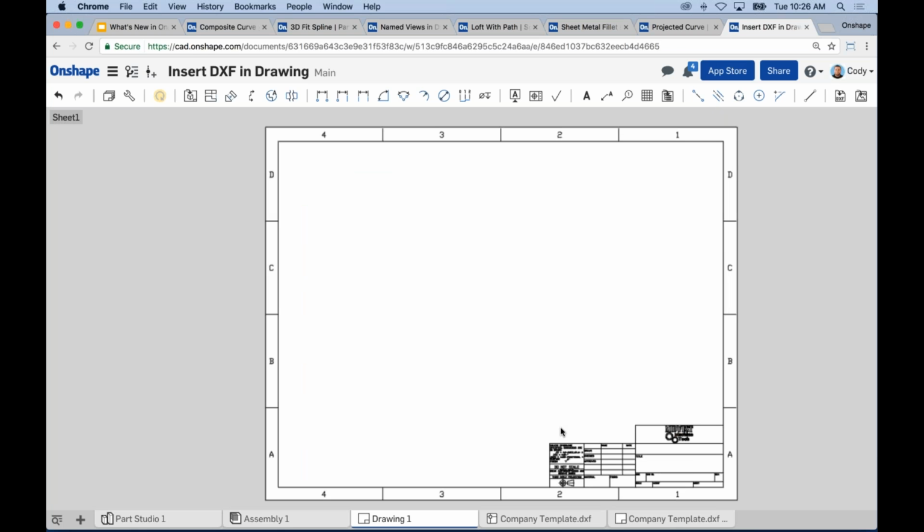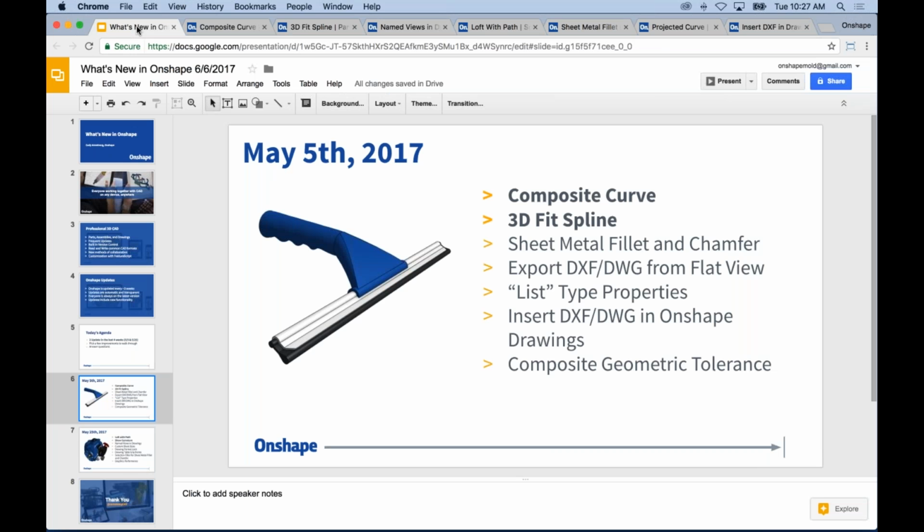So I think the key thing here, if you have any other use for inserting DXF, this of course works. So if you're just looking for a way to maybe insert a note or some logo or something along those lines, you can use that here too. But I think it's really useful in those scenarios of drawing templates. All right, so that is inserting a DXF. Again, I'm showing you here with drawing templates, but use it in any scenario where you need to insert a DXF into your drawing. The last one on my list that I wanted to mention in the May 5th update